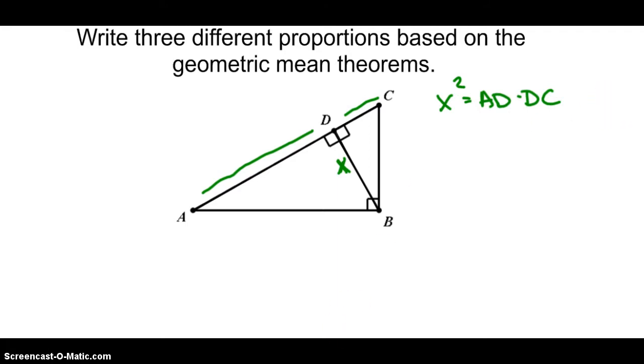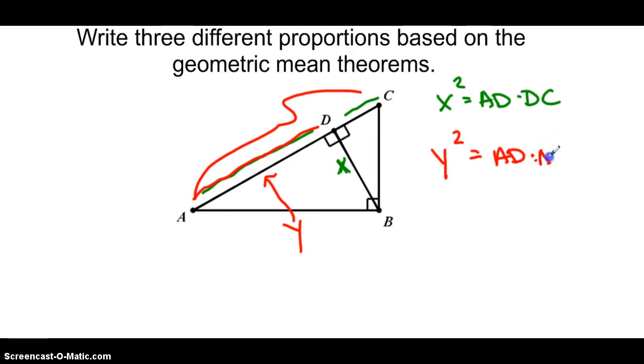That's it. Okay, so let's look at one of the legs. So let's call AB y. So y squared, there's your geometric mean here, between the adjacent hypotenuse segment, which would just be AD, and the entire hypotenuse of the original right triangle, which would be AC. Okay, so let's call CB z. There is our other leg of the right triangle. So z squared is going to equal what? You try to fill it in. Well, you're going to look at its adjacent piece of the hypotenuse, which is DC, times the entire hypotenuse itself of AC. And there's our three different, and now it says proportions, but remember that we could write